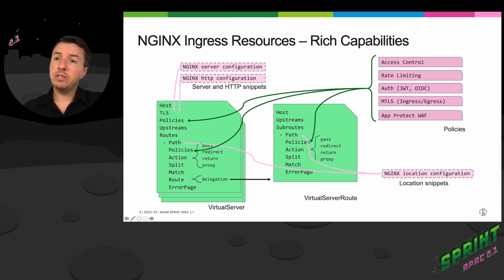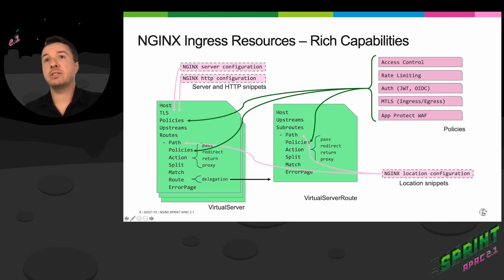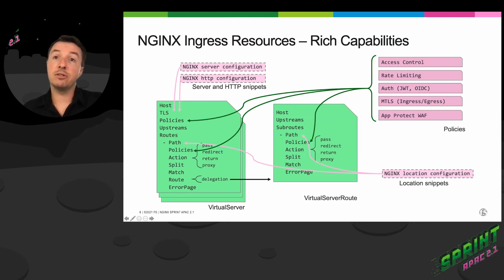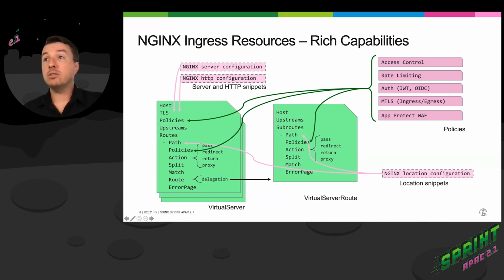So we have custom resource definitions defined for our external load balancer. We have custom resource definitions defined for our NGINX Ingress Controller. We have them defined to configure virtual servers and virtual server routes, as you'll see here. We also have them available to configure things like NGINX AppProtect WAF policies, rate limiting, JWT validation, mutual TLS, and